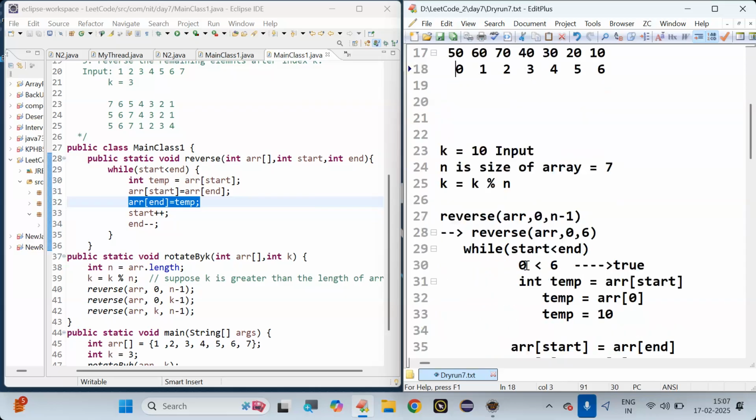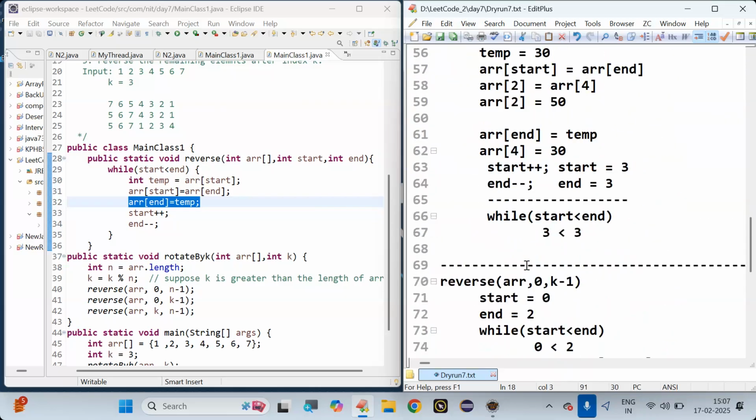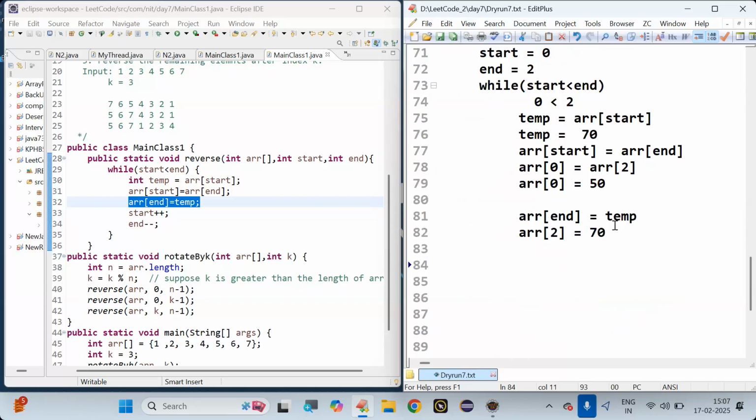All right. Now, after this, what I will do, I'll update start plus plus, and then end minus minus. Start plus plus means start value becomes 1. Then your end value is equal to end minus 1, as end value was 2. Now end value becomes 1. Again check while start is less than end. When I say start is less than end, 1 less than 1 is false. Work over,